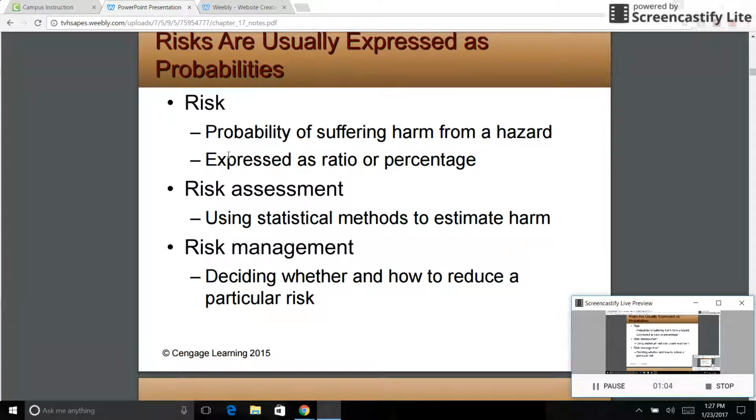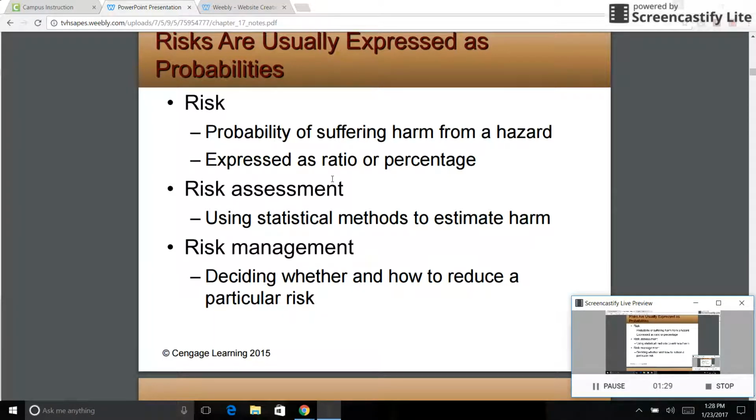Before that, make sure you understand the difference between risk assessment and risk management. Risk: probability of suffering harm from a hazard. One of the big things is we a lot of times misjudge risk. So risk assessment is really important to provide data and statistics, so that we truly understand what the risk or